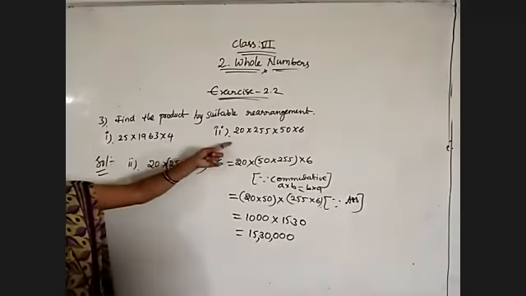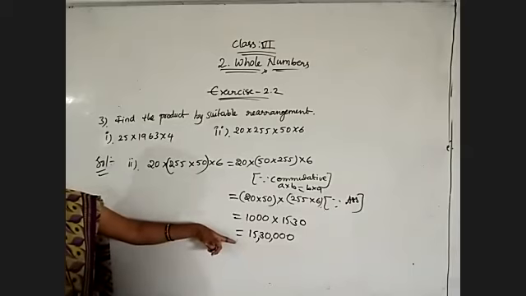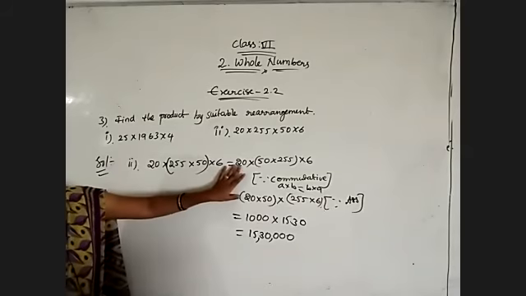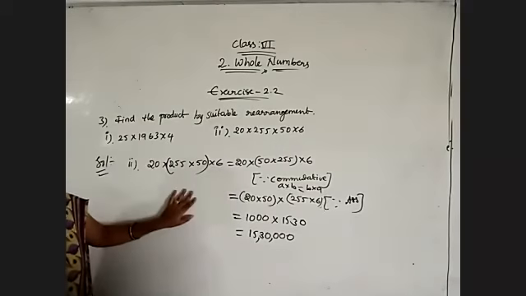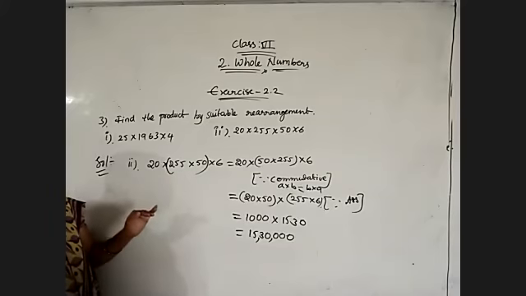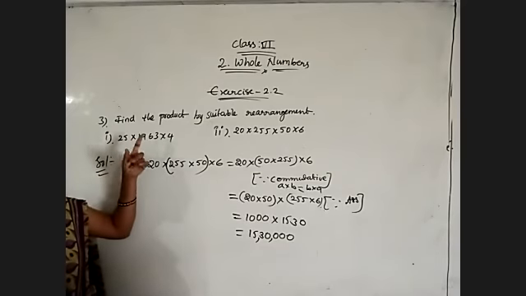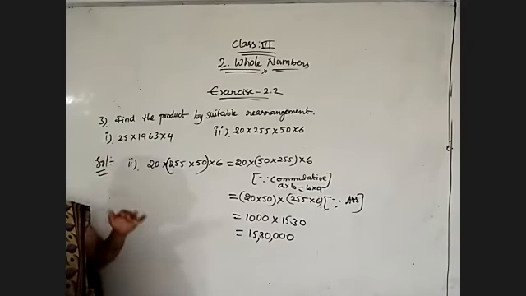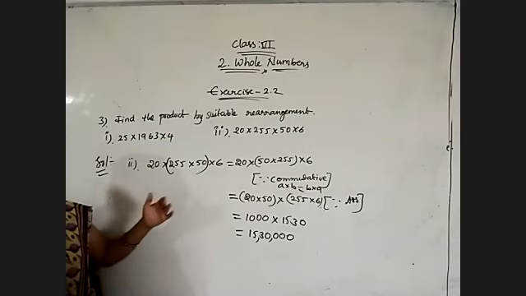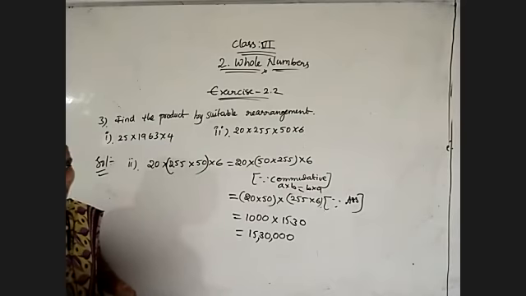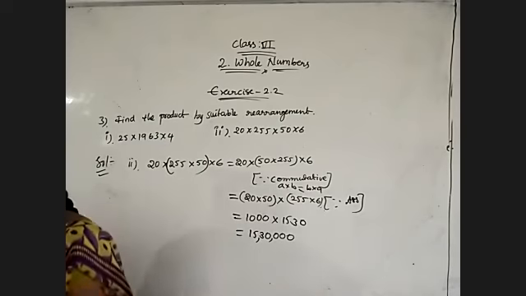If you are doing it directly, it will be difficult for you to simplify. For that sake only we have the different properties. So like this we can use commutative and associative properties to find the sum as well as the product of 3 or more than 3 numbers in the easiest way. Okay, then coming to the next question.